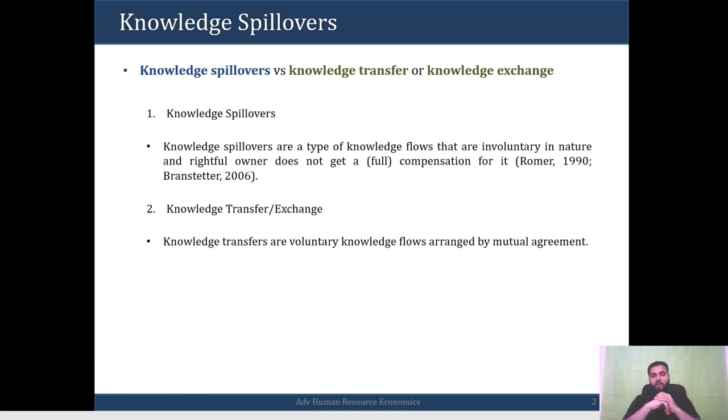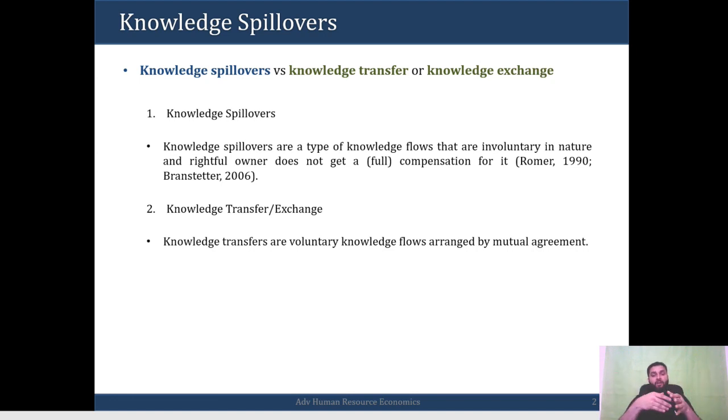For example, we have a National Science and Technology Park housed in NUST right now, and one of the key reasons for that park is to develop these kinds of linkages, that industry asks for a certain kind of products, certain kind of solutions from the university, and since the university has the human capital and the knowledge stock that can transform knowledge into something innovative and that can give industry or some firms a competitive edge, not only inside the domestic market but also in the international market. So these knowledge transfers or knowledge exchange agreements are voluntary in nature because both parties actually agree